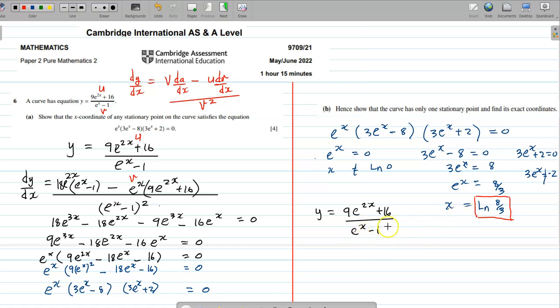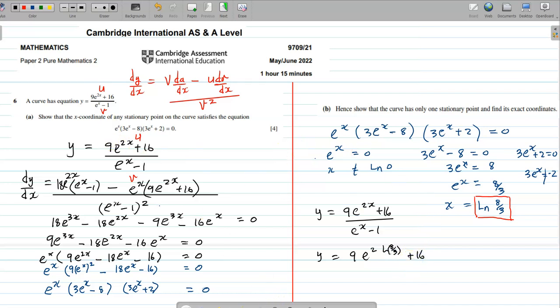So if we input the value, we have y equals 9 e to the 2 ln 8/3 plus 16,